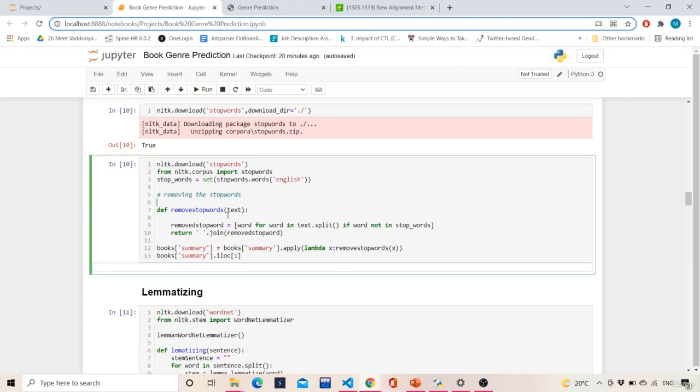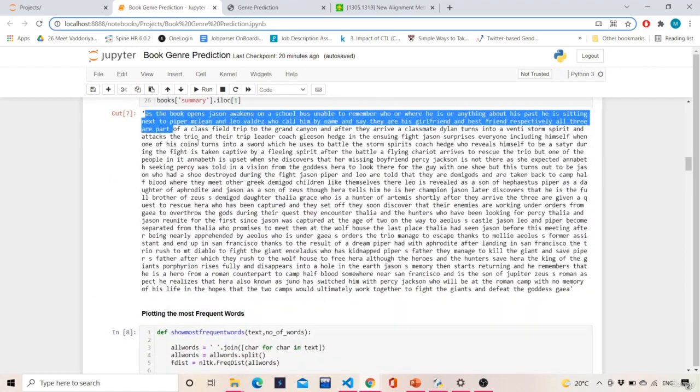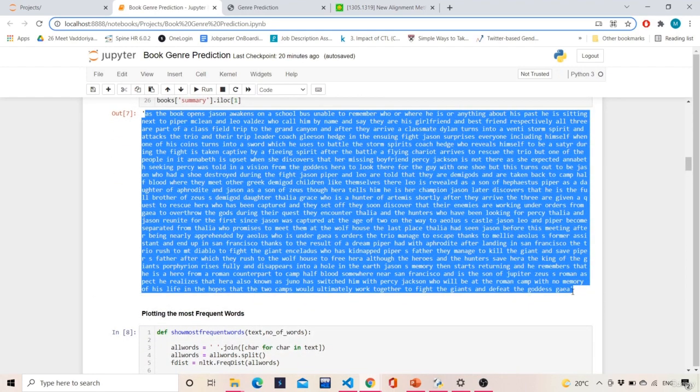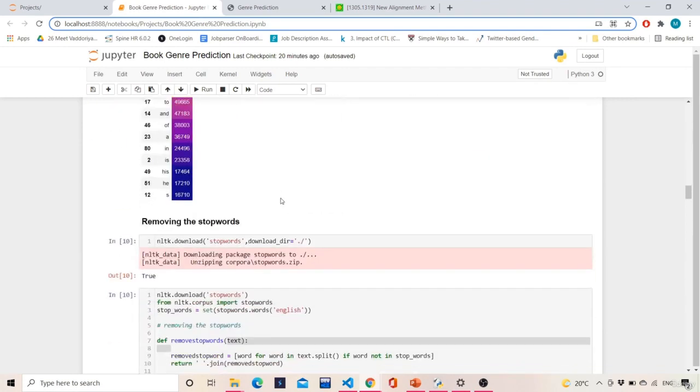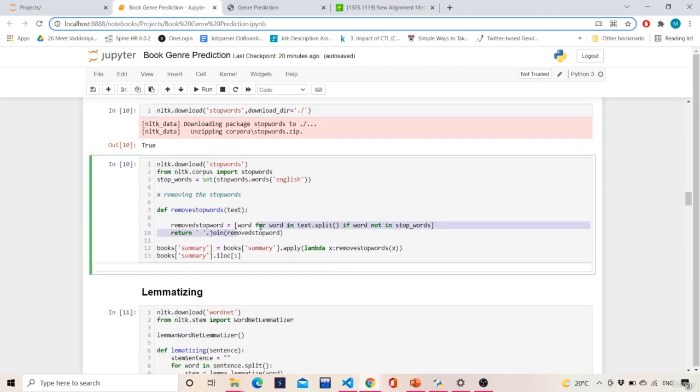Now we will be removing the stop words. We will define a function to remove the stop words. This text is a huge chunk of example text which will be passed to this function. In this function we need to separate the text word by word, so we will do word for word in text.split if word not in stop words.